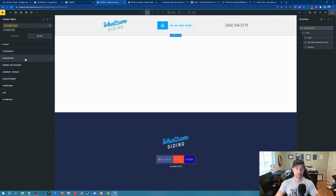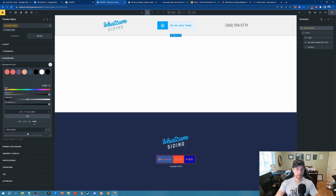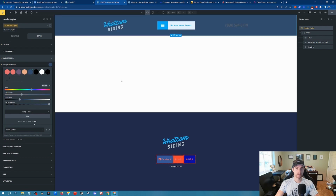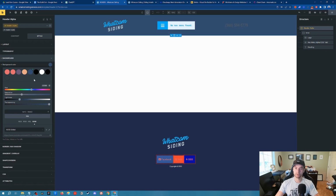So it's awesome to have it right here, as well as having all of these automatic CSS colors down here at the bottom as well. Now you can see here that for global, these are the colors that are currently being used on the website, and these are set in the global settings. Now, I don't really like any of these colors. I think these were left over from a previous website. I do like this blue, but let's go ahead and redo all of the colors, and you'll see exactly the